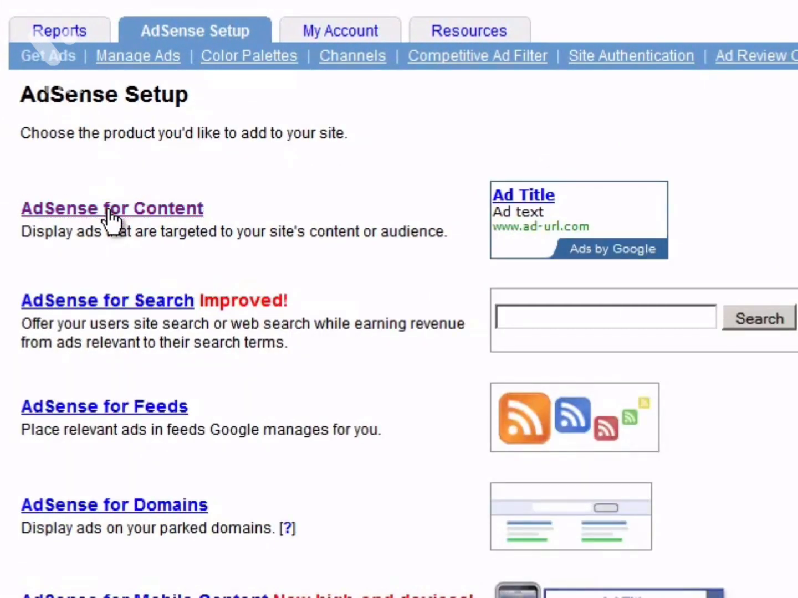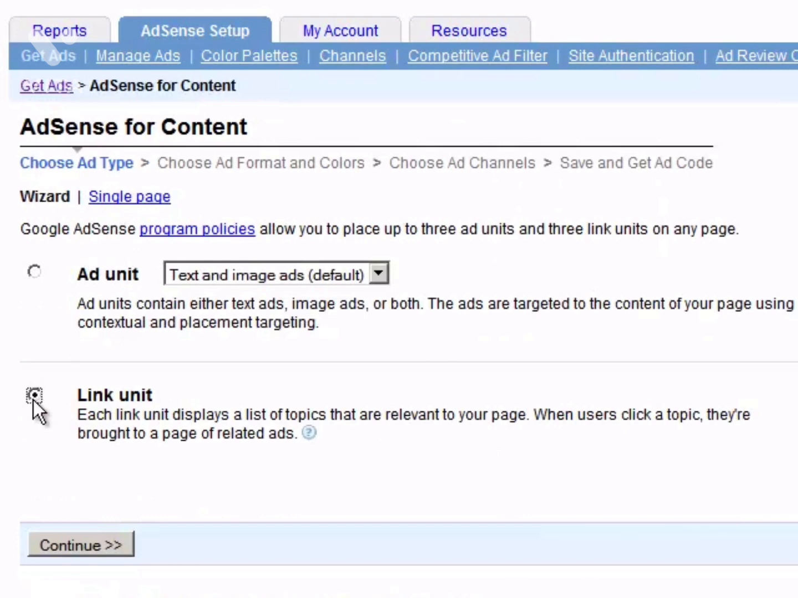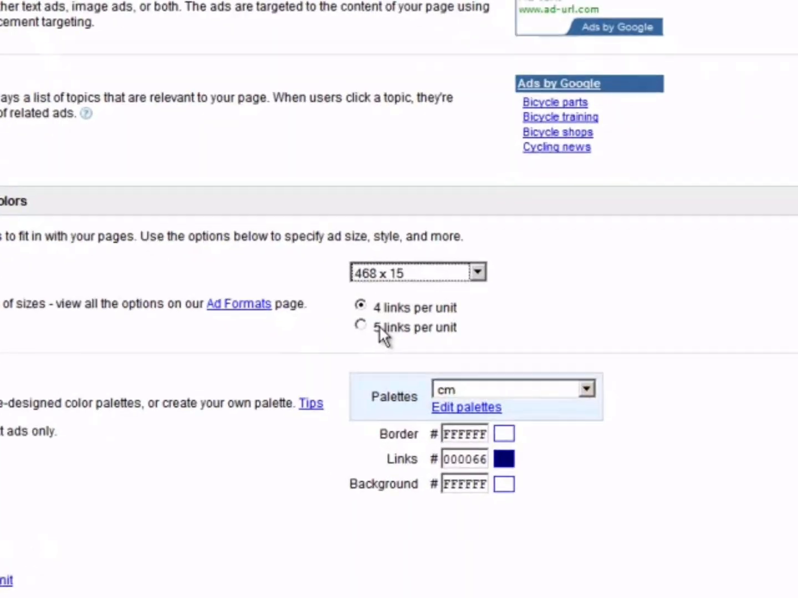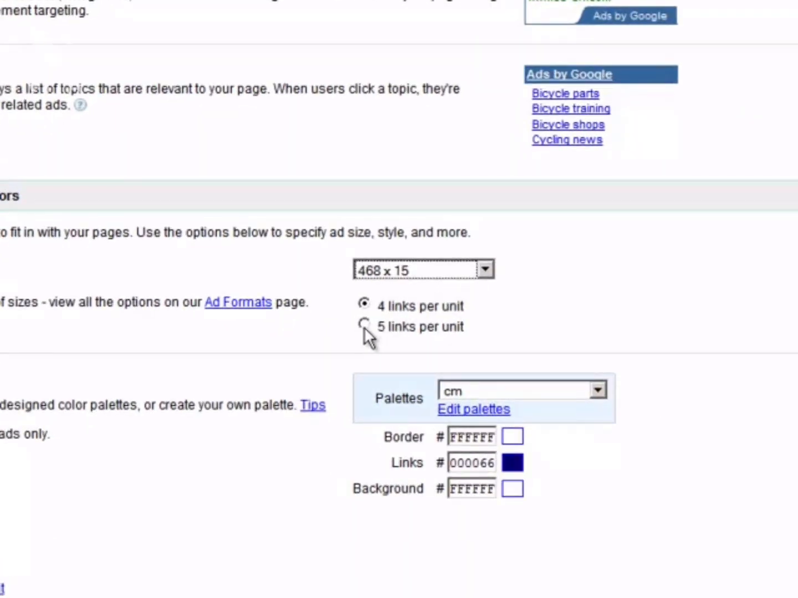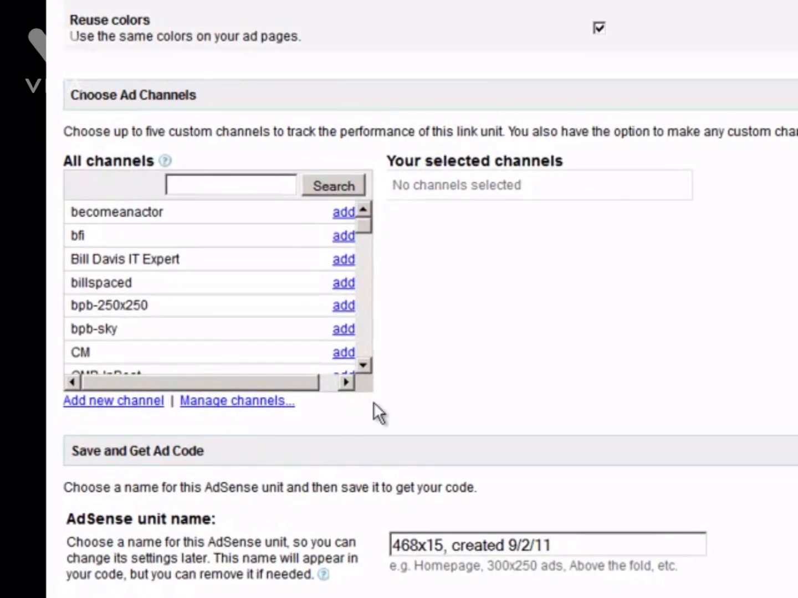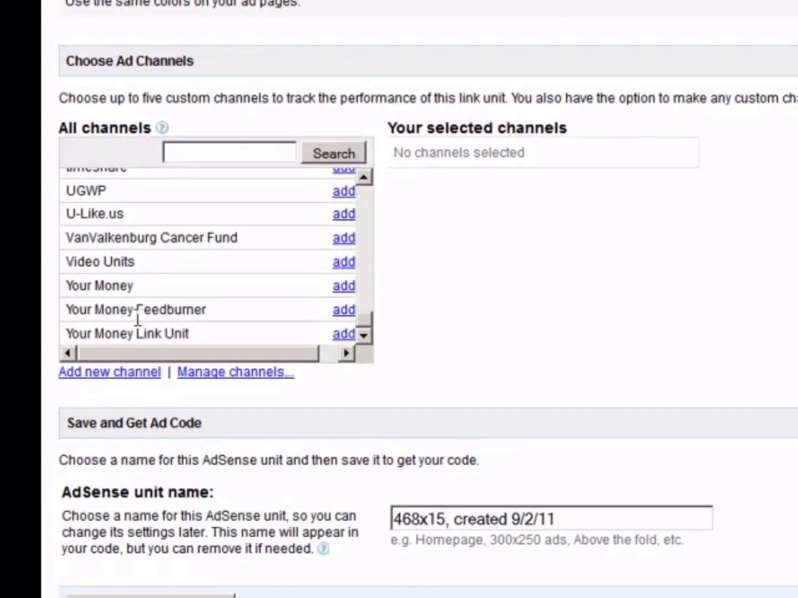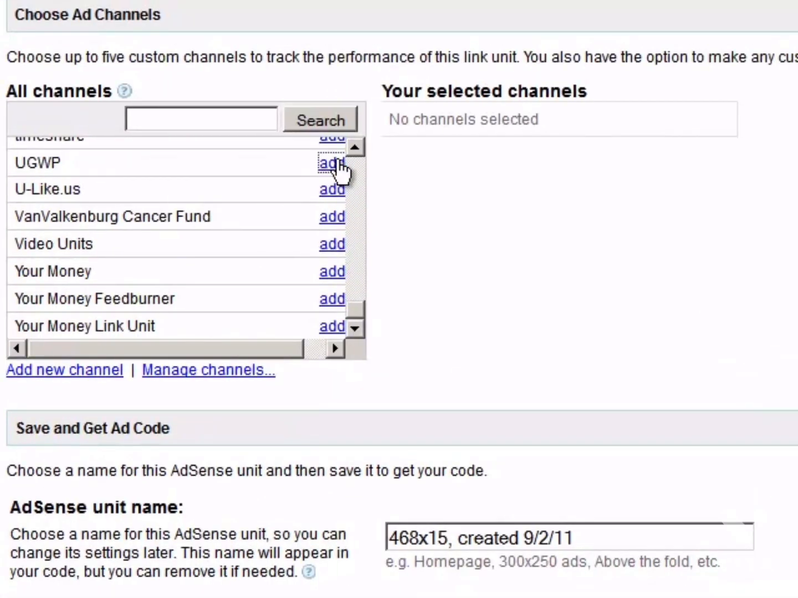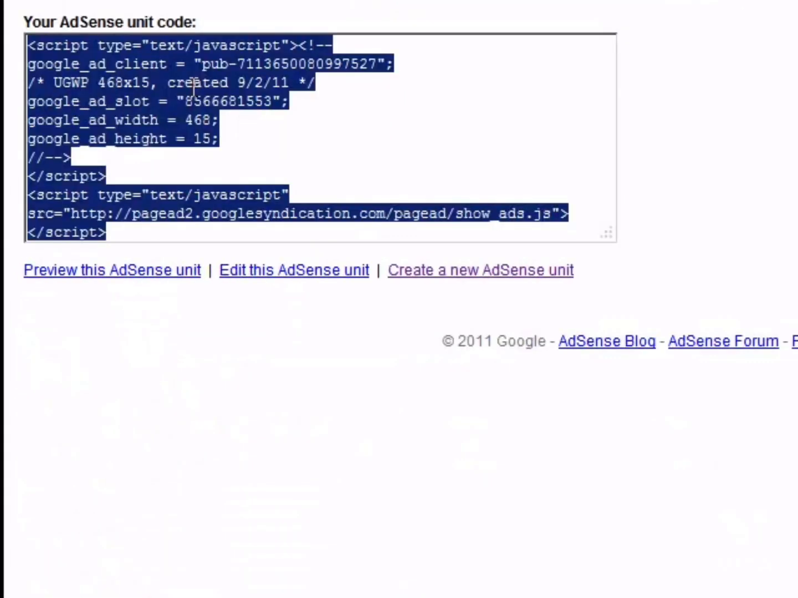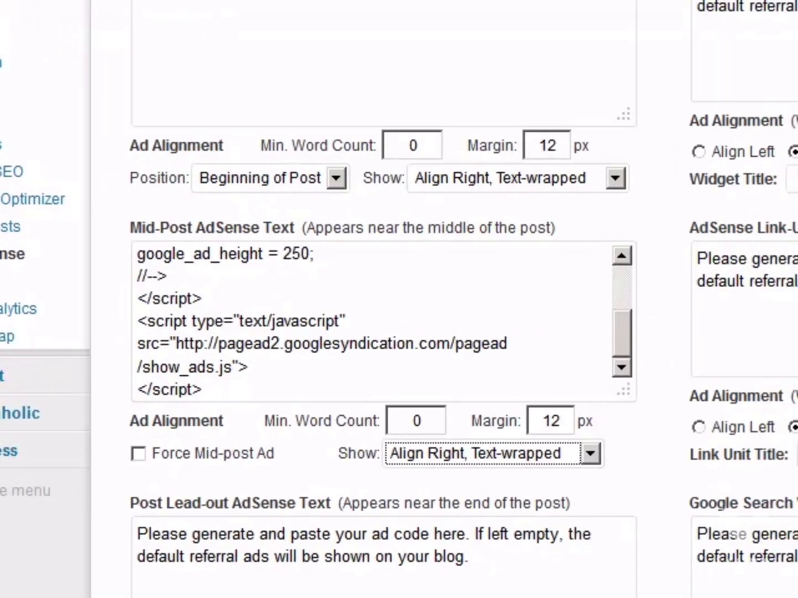And we want to do AdSense for Content. This time we want to do a link unit. And let's do single page, link unit. We want to make it the smaller link unit. And we'll use the default palette. And we'll go find our channel, add it, and then put that down here, UGWP, submitting a code, click in the box, copy, go back up